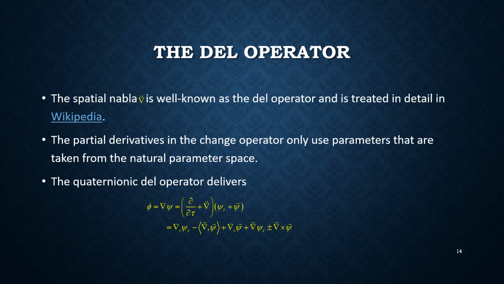the spatial Nabla is well known as the del operator and is treated in detail in Wikipedia. The partial derivatives in the change operator only use parameters that are taken from the natural parameter space. The quaternionic del operator delivers